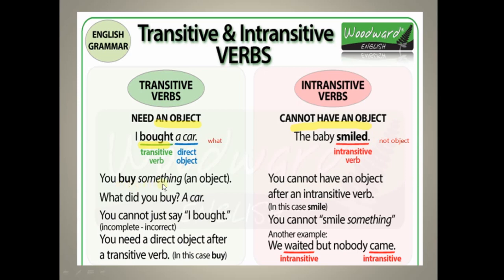See, you buy something. So here again first of all you have to identify the verb. So what is the verb here? Buy. So what did you buy? Something. Again we have got the answer: what? Something. Okay, so what did you buy here? That is a car. Here we have got the answer, a car. So here you cannot just say I bought. If you are saying I bought only, then that is not your transitive verb. After that an object should be there. If you get the object, that is your transitive. If intransitive, you will not get the object. The main important point. Fine, so I hope you have understood this.